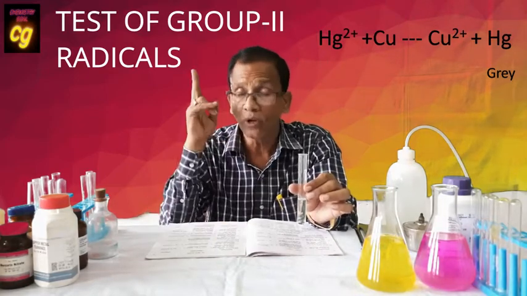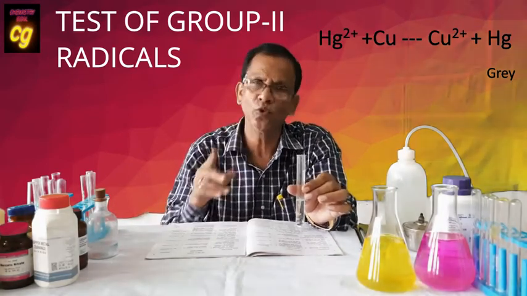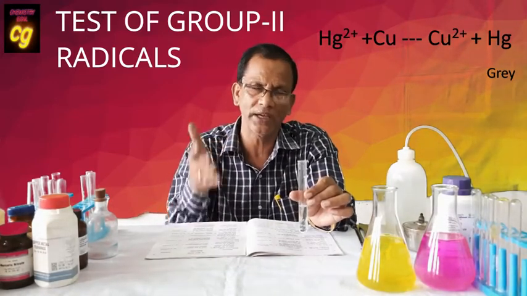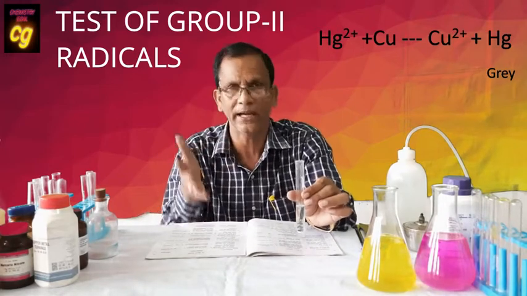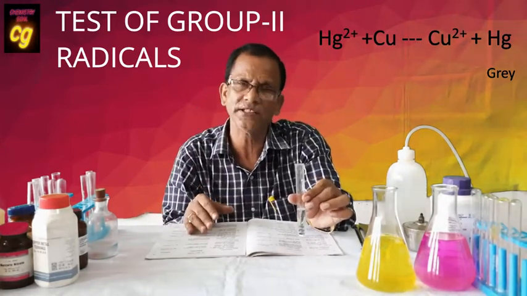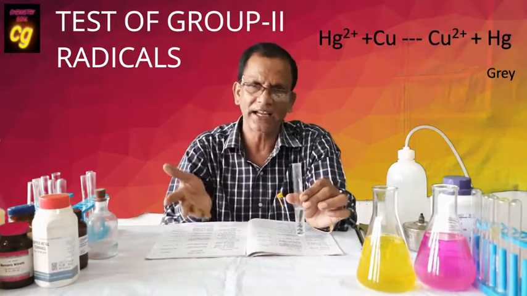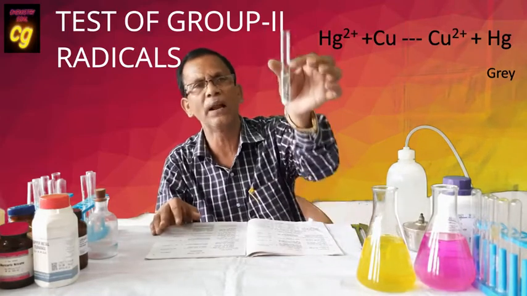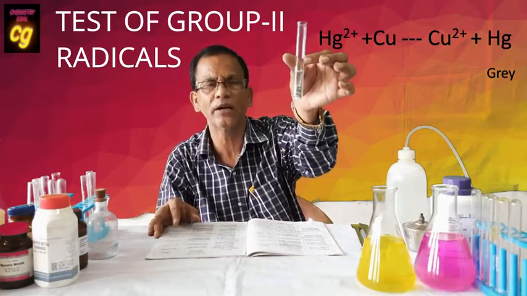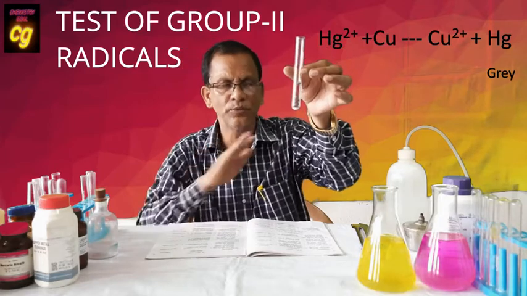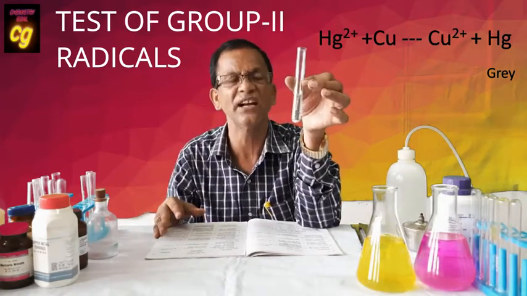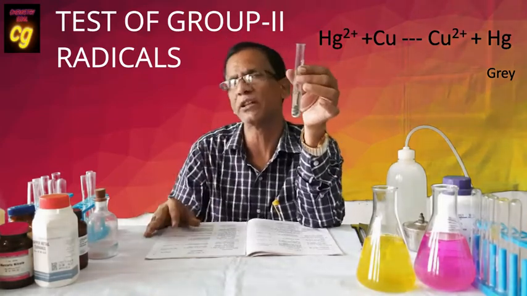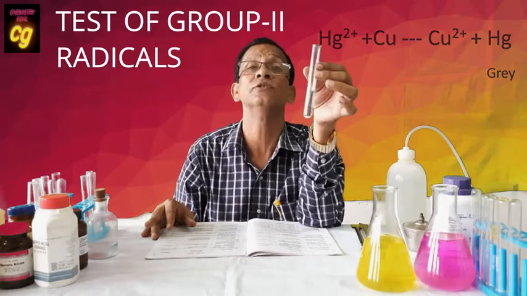That is one test. So mercury ion can be tested in two ways. By adding stannous chloride: first you add stannous chloride, the solution will be white, then you add excess, then it will be grey. That indicates the presence of Hg2+. Again, if you take Hg2+ ion in the solution and add copper, then the copper will become black due to deposition of grey mercury. That is due to deposition of mercury over copper. That indicates the solution contains Hg2+ ion. That is also one of the unconfirmed tests of Hg2+.